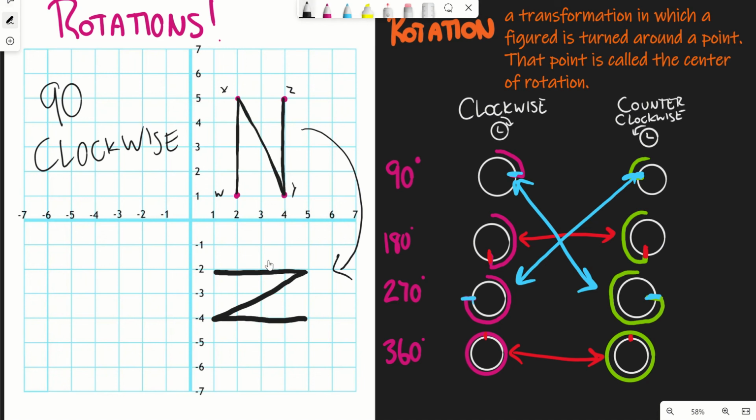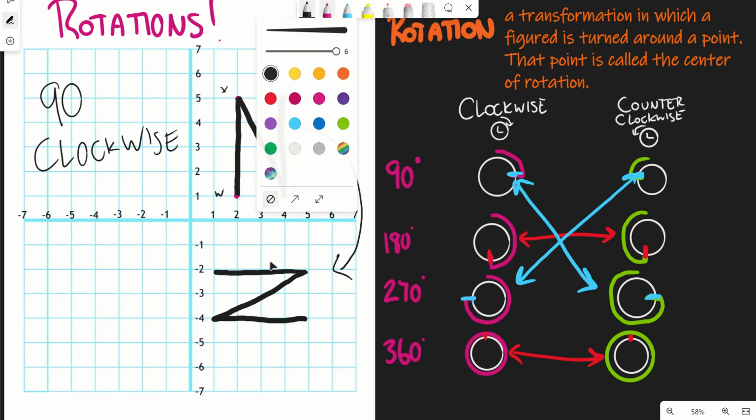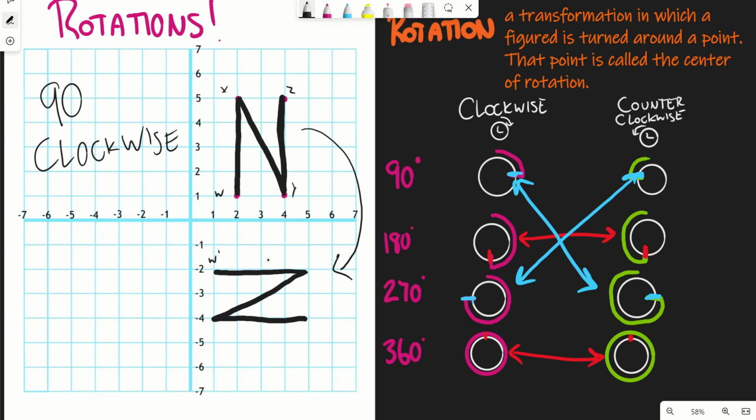Redraw my shape. And that is actually where this is supposed to go. And I will keep this as W prime, X prime, Y prime, and Z prime. So these points here match. W matches with W, X, Y, and Z all match together. So nice and pretty. Now, like we did with